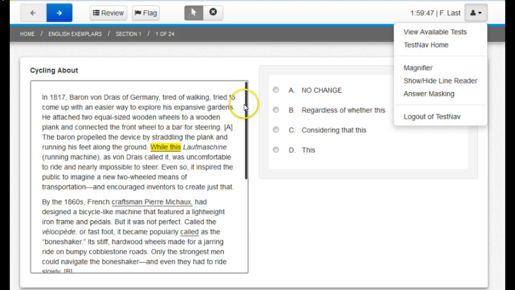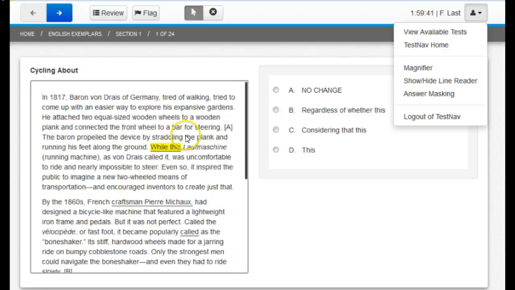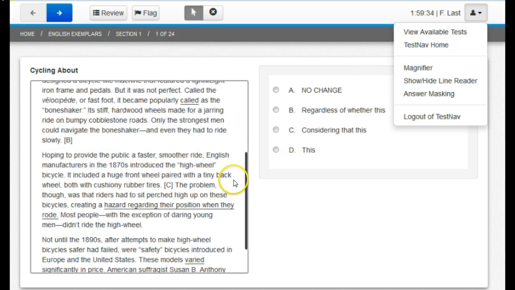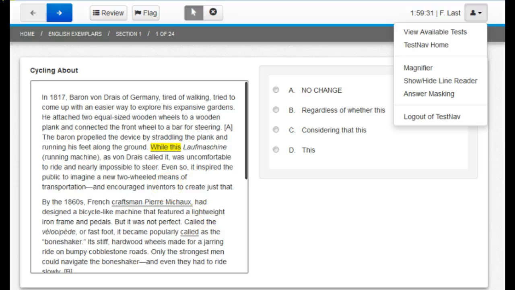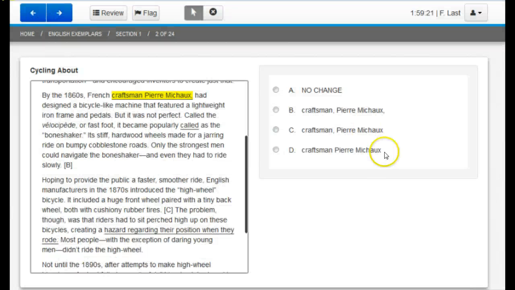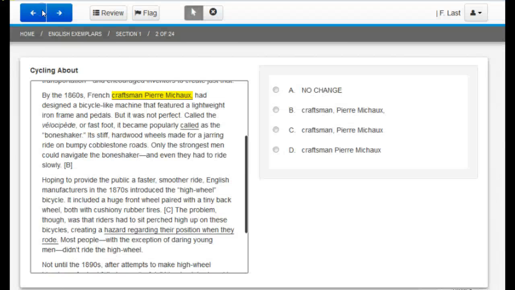What again you have to pay attention to is you see that there is this scroll bar, so you have to be able to read and scroll through this passage and to be able to pick the information out of this reading passage. I'm just going to select an answer here, move on to the next one, and again you can see that I can go in and review how I've done and return back to my